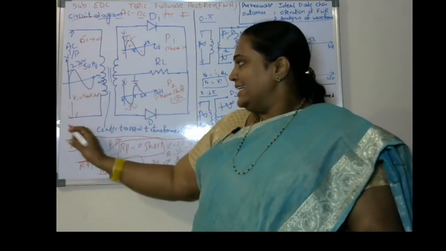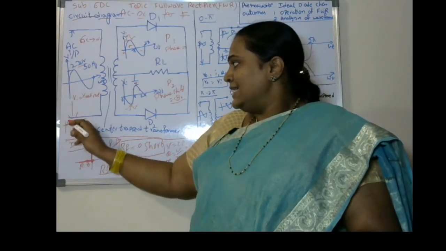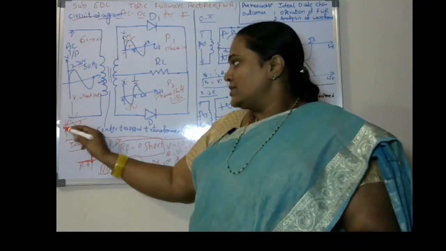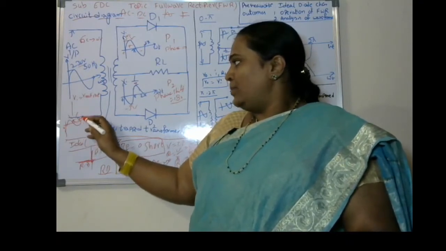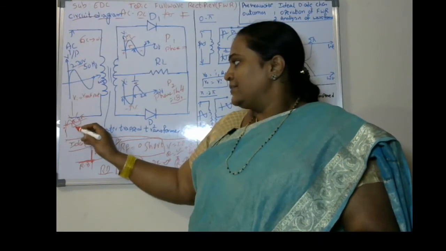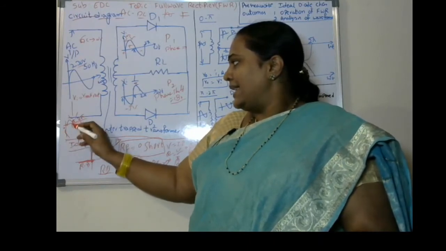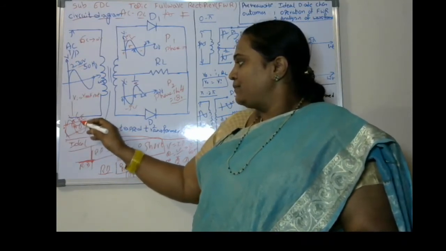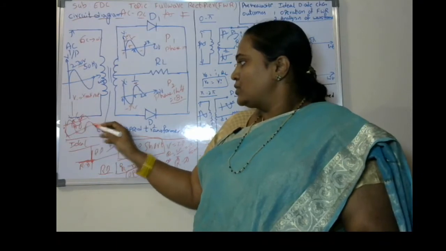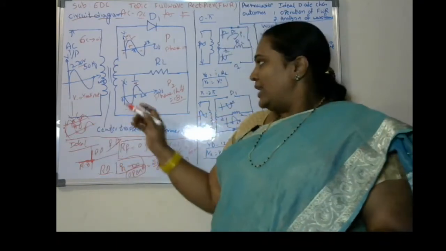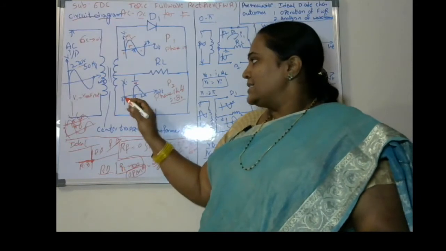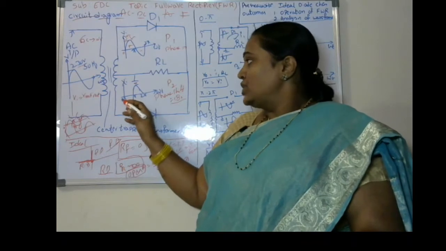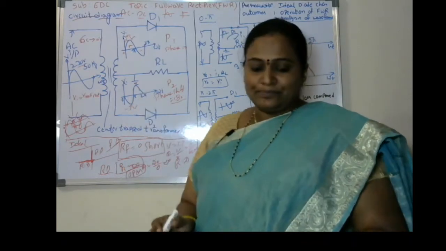Since part 2 goes for 180 degrees of phase shift, what is a 180 degrees phase shift? The signal is going to start after 180 degrees. So this is 0, this is pi, and this is 2 pi. Pi is nothing but 180 degrees. The signal is going to start after 180 degrees, so that is the waveform we are going to get. That's why, if you observe part 2, it starts from the negative cycle, going from 0 to pi and pi to 2 pi.